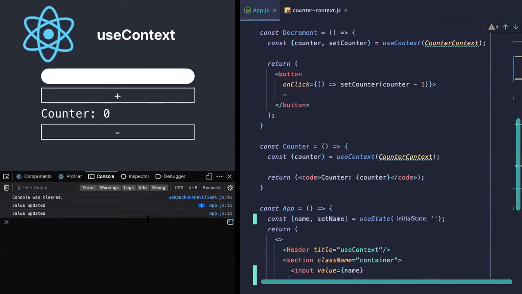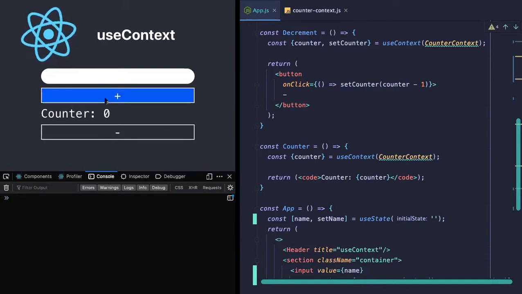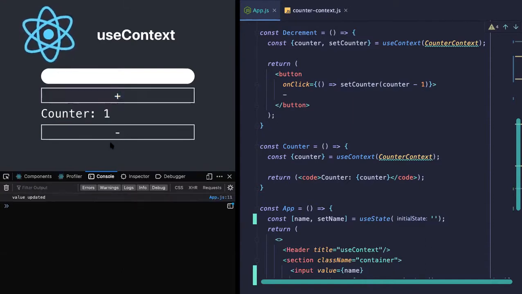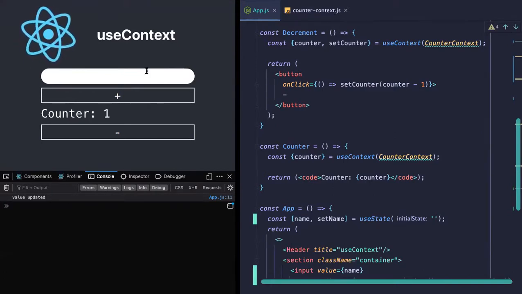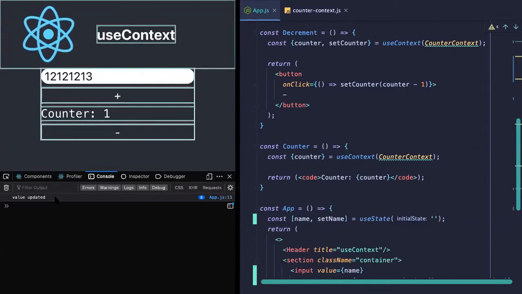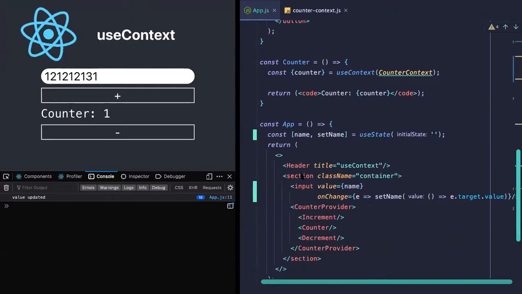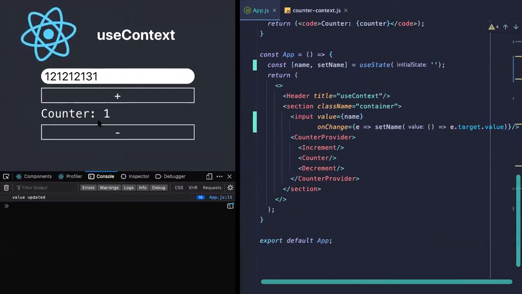All right. So let's see now what happens here. This was the first time render and it displayed value updated. I clear the console. When I'm clicking the update, the counter update happens and value updated is printing, which is fine. But if I enter some value in here, you see value updated is also happening, although we are not actually updating any counter value.